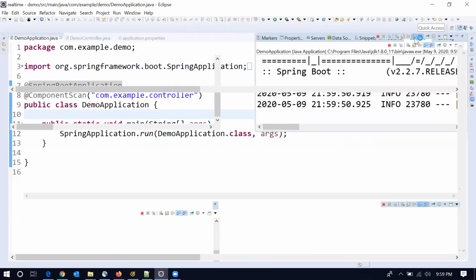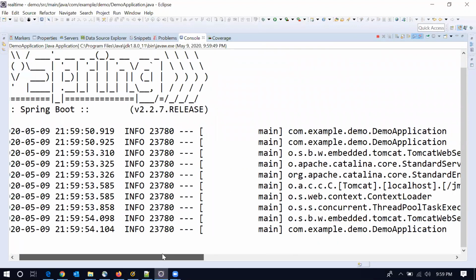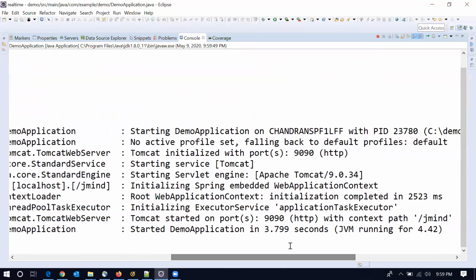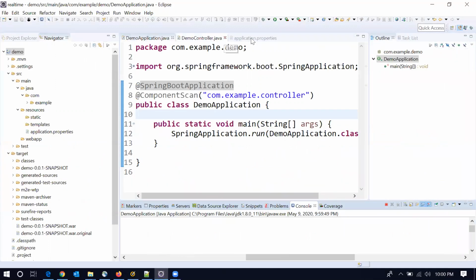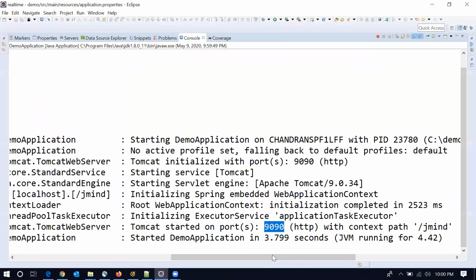Now my server is starting. Tomcat server. Now try to check here. It is showing the port number as 9090. Why? Because I have configured the port number, because sometimes we want to use the port numbers the way we want. So we can override the default port number to whatever port number we want by using a key called server.port. And if you want to add the context path, see here, now I have added my context path